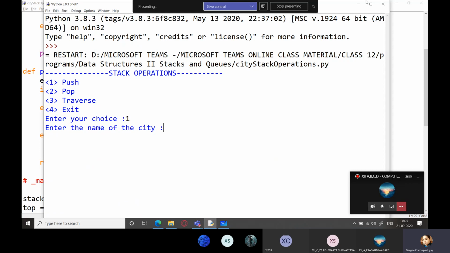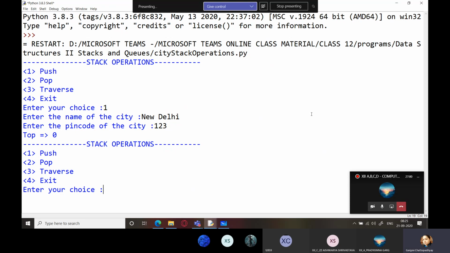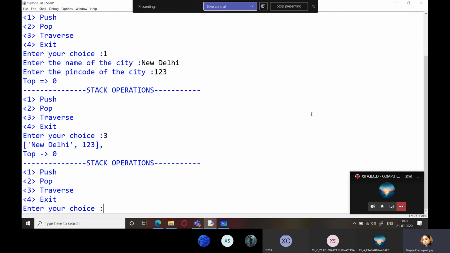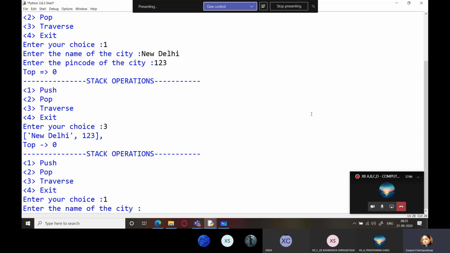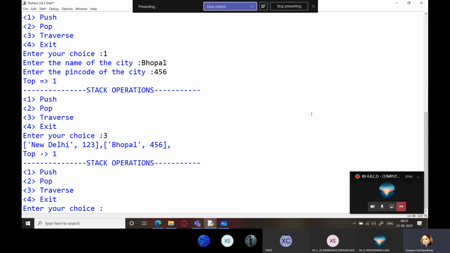Push, enter the name of the city. So I'm going to enter. Let's see, traverse. Yes, this is my first element. Next, again push. Let's see, traverse. Yes, it's there. First one is New Delhi, second one is Bhopal.